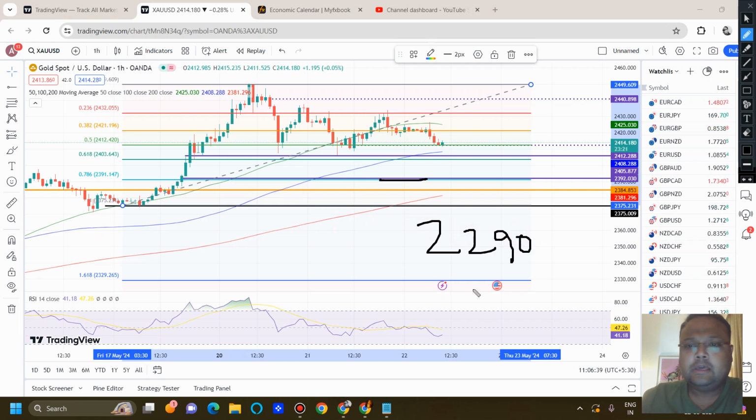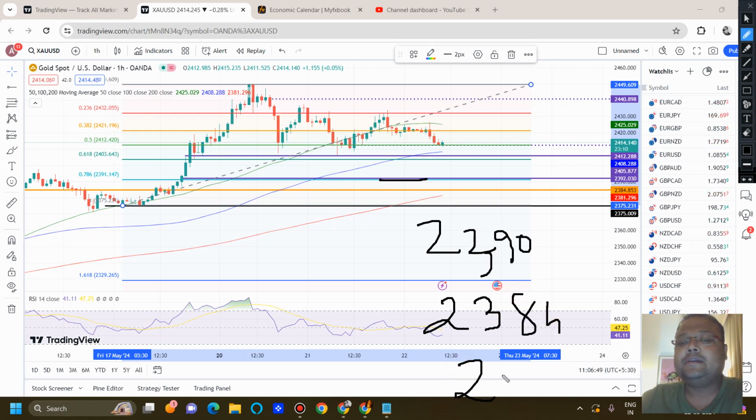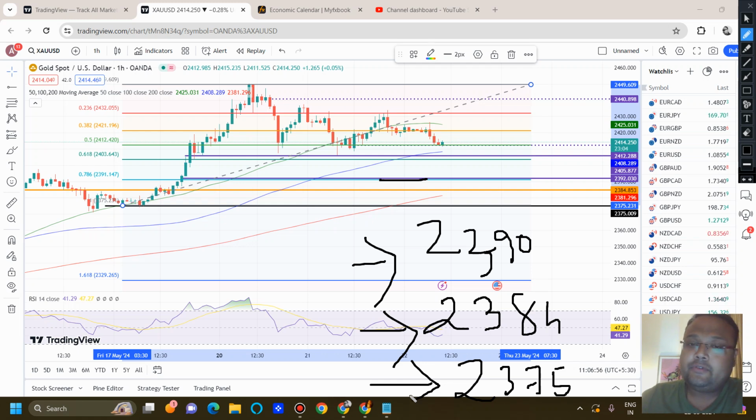Okay, so if you're confused right now, let me write it down. 2390, 2384 and 2375. These are the three levels where we can look for a good bounce as a swing trader as well